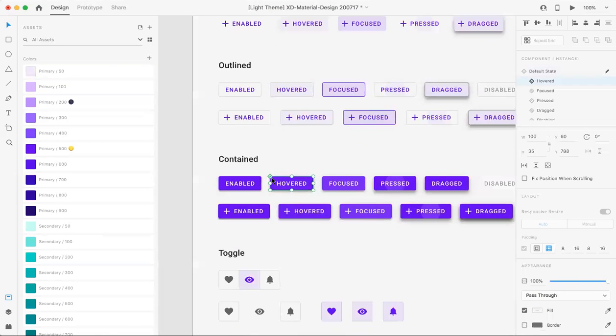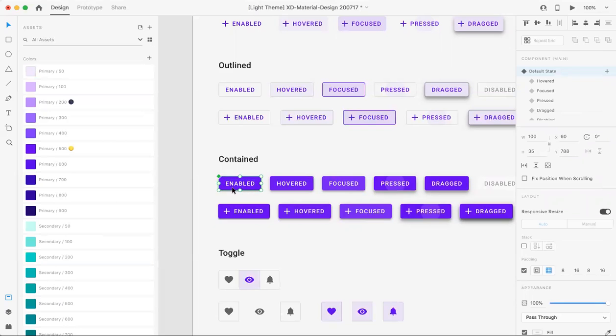This is instance with override. Anyhow, suppose I like to use this button for my screen, but I want to customize it instead of just using this. Because you know, I need to type my own word than enabled. And let's study this button. So default state is this: hovered, focused, pressed, dragged,